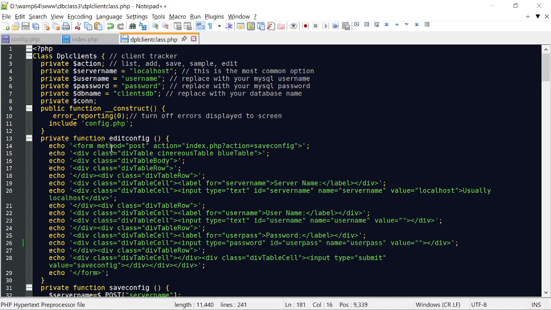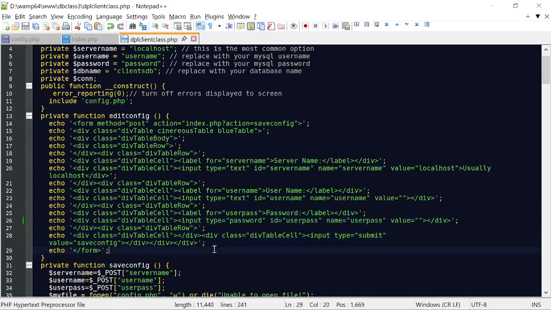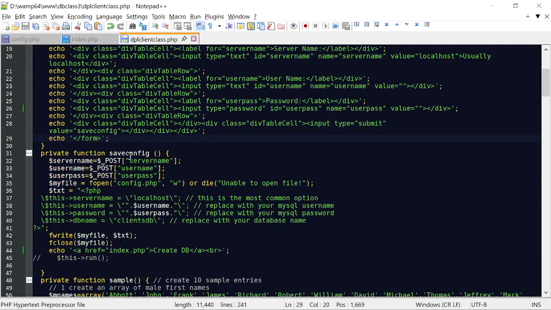And then I have an edit config that does a form with a post and an action. Now the action on here is the same as the name of my original file, and it's passing in an action equals save config to tell it to do something different. And then it throws out all this information here that you can fill in as you're running it. And then the save config gets the post variables, which is that other array that has all the post variables from a form that was filled out. And then it says,